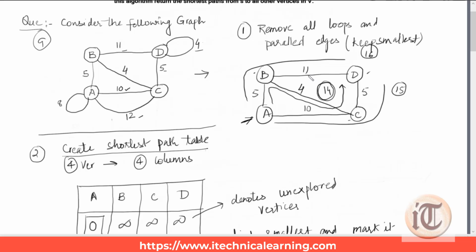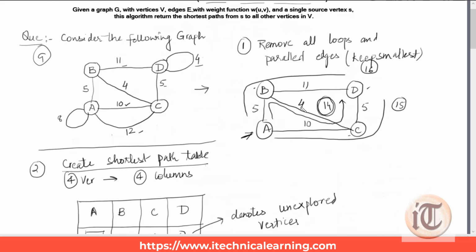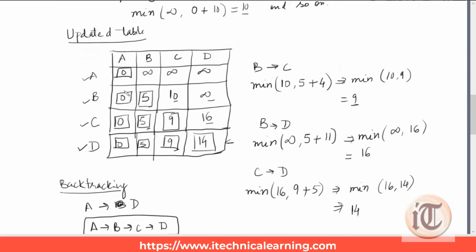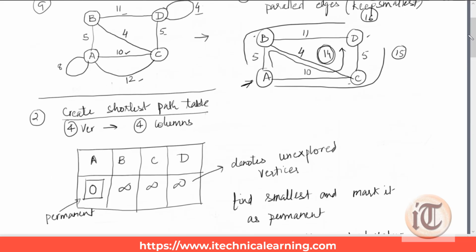Okay, so this is how we can find the shortest path using Dijkstra's algorithm from the single source. Suppose somebody says identify the smallest path from A to C. So we'll start from C and backtrack in the similar manner. The 9 value changed to 10, so we mark here. 5 is the value that changed from infinity, so we'll mark here. So A, B, C will be the shortest path. If somebody says A to C, we have a direct path with weight 10, but if we follow A, B and C, A to B is 5, B to C is 4, so the total is 9. So this one will be the shortest one.